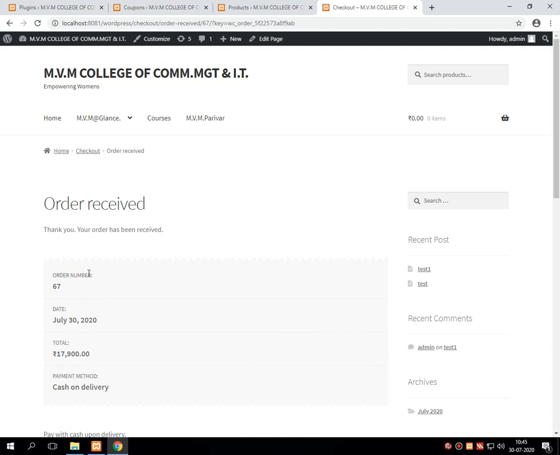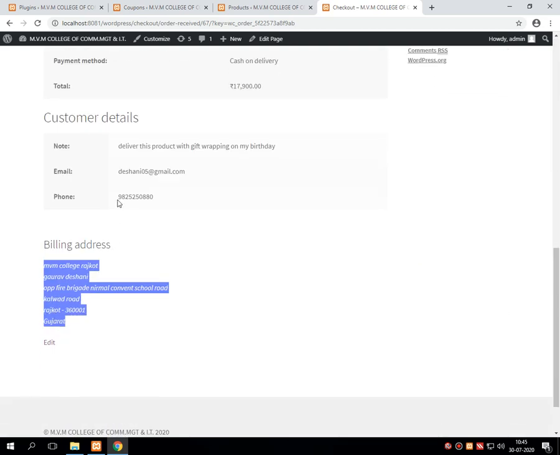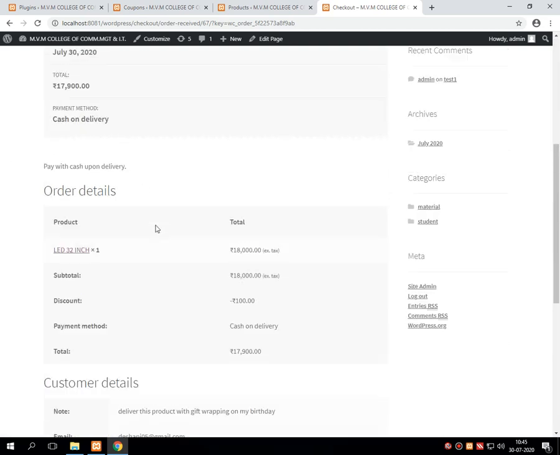Now, what happens on professional websites like Amazon, Flipkart, etc.? Once this is done, an SMS will be sent from the company to the given mobile number with the complete details.